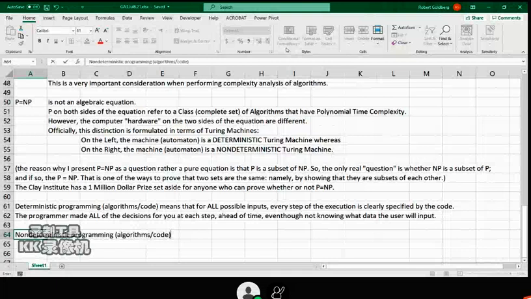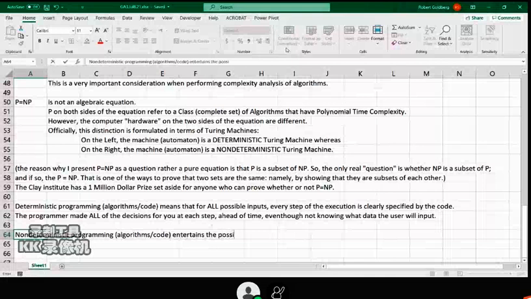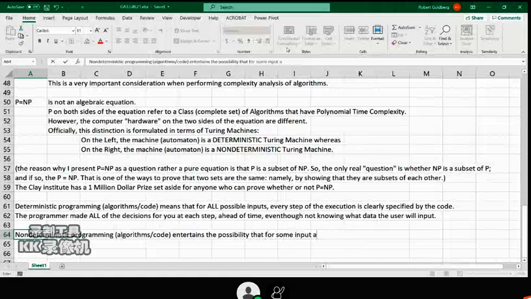You're not deterministic. So what that means is that non-deterministic programming entertains the possibility, which we're going to formalize a little more in a moment, that for some input and at some point of execution of the code,